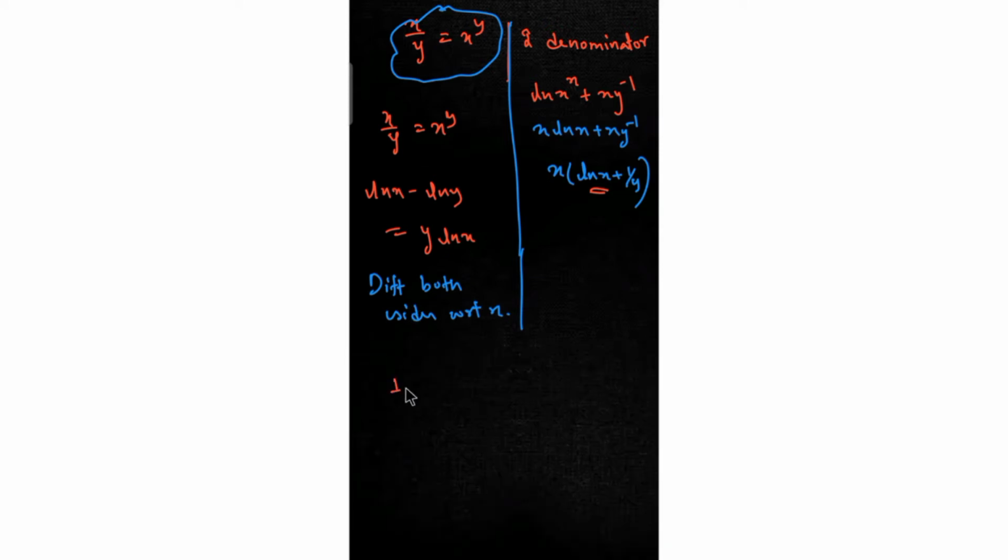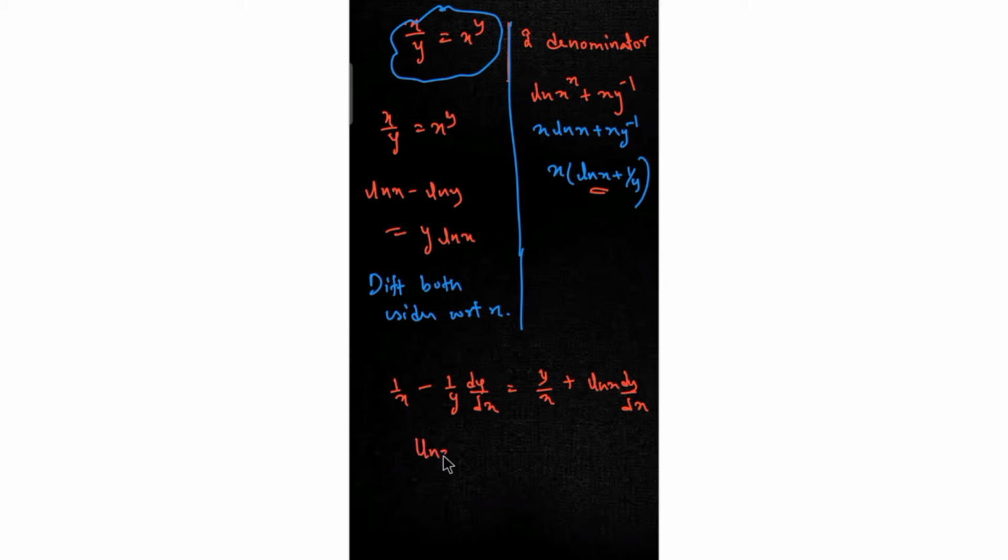I would get 1 by x minus 1 by y dy by dx, and now this is y ln x, so we must be careful applying it. So it's y by x plus ln x dy by dx. Fine. So this is what we're gonna get. So first of all, the very first thing after this is take the terms which are common. Just bring this dy by dx to this side. So what would I get?